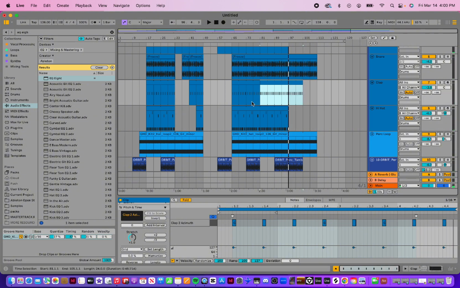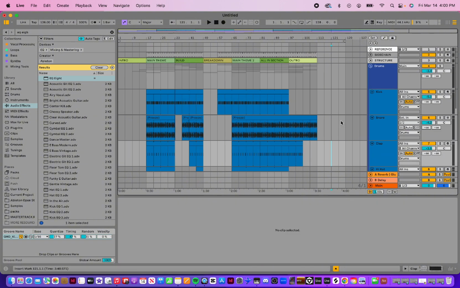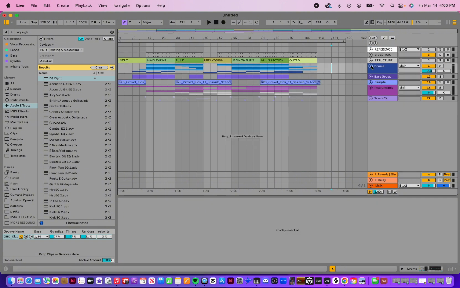Dragged it out to let that 2 and 4 clap just play the whole way until the clap is done playing. So I think that's in a good spot. I'm going to collapse these drums down,